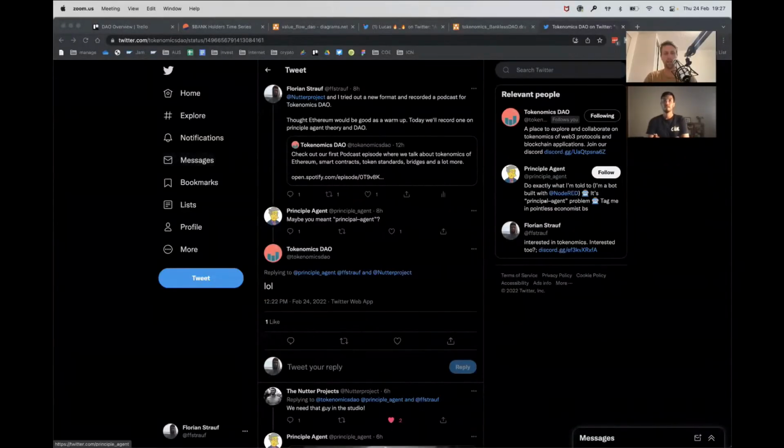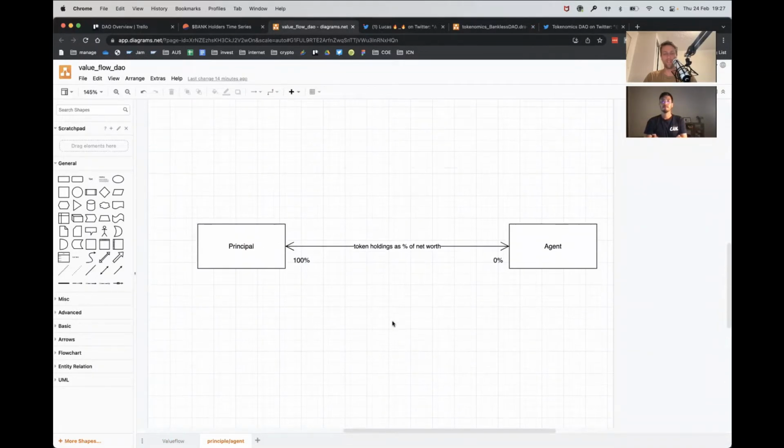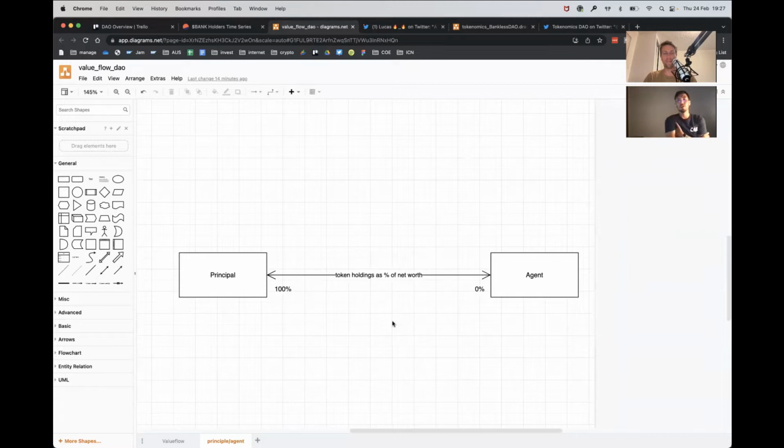And maybe, I don't know, I can share my screen. We can have a look at this chart, this one here. I kind of drew it and thought about it. Can you see it now? Yep. So in this case, token holdings would also be, let's say, similar to equity holdings, right? So the idea was token holdings or share holdings or equity holdings